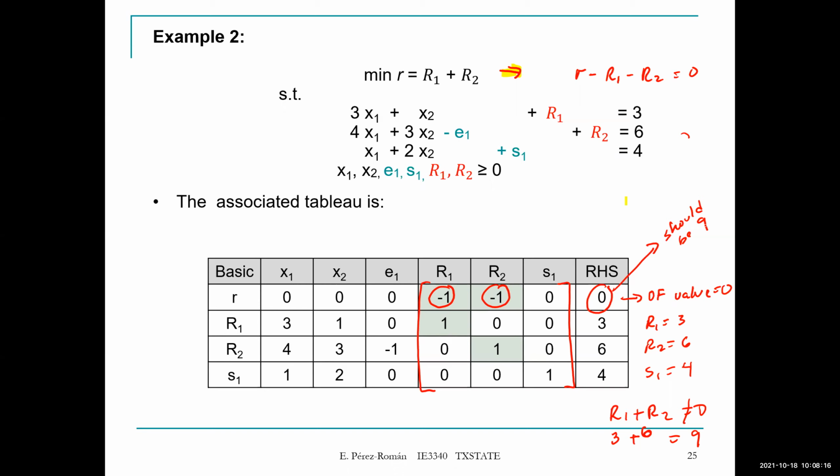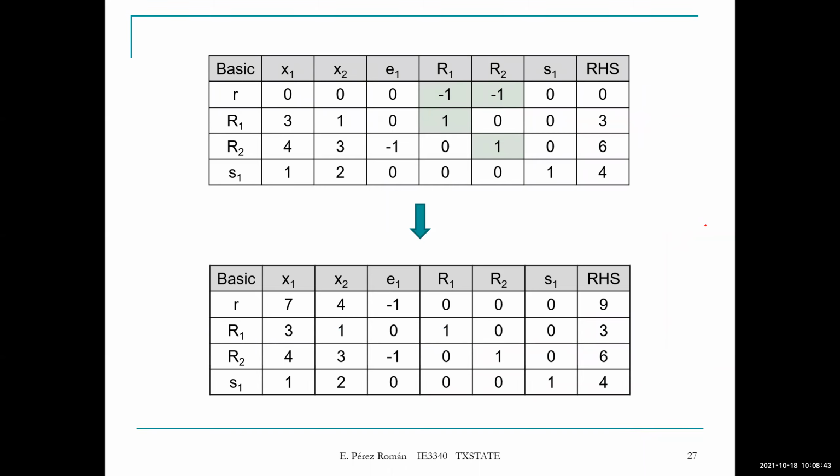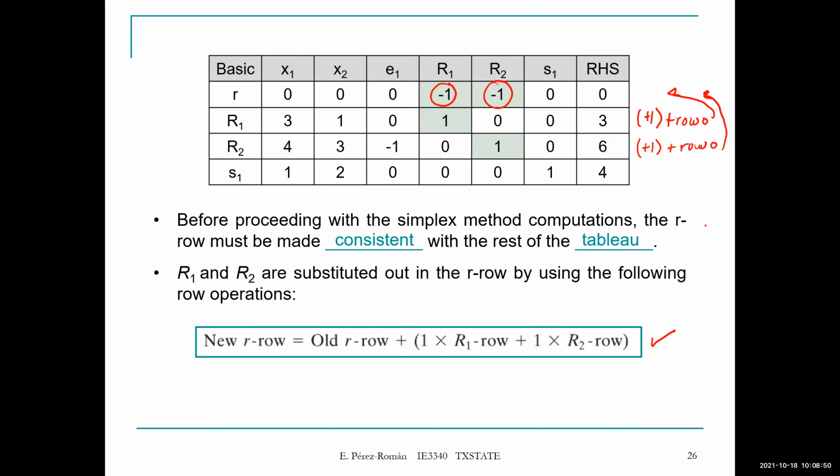Okay, so mathematically, we can show that. Right now, we're saying the objective function is 0, but when we look at the objective function, R1 plus R2, R1 is 3, R2 is 6, that should be equal to 9, not equal to 0. So that's why we need to make this 0 and 0. That will make this consistent with the actual solution. So after going through those iterations, you'll see that after making the Gauss-Jordan iterations that I listed here,